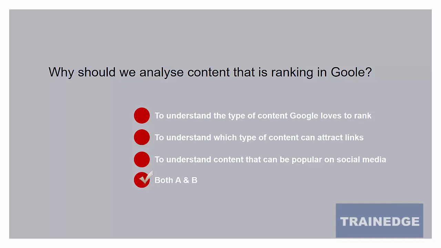The correct answer is both A and B. You want to see what content is ranking in Google today so you can understand what type of content Google wants to rank. So what type of content Google thinks is best able to answer the question asked in the search query. And also these pieces of content are ranking because they have been able to attract backlinks. So this is the kind